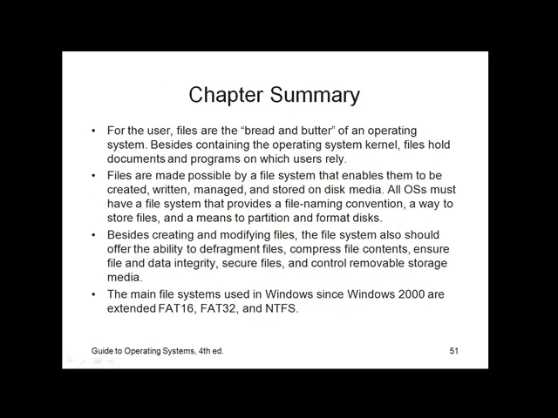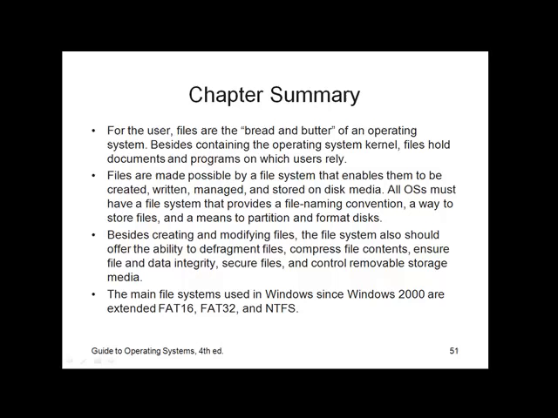Let's summarize. This is a long chapter, so let's go ahead and take this opportunity to summarize. For the user, files are the bread and butter of the operating system. This is what we use computers for, to store data, compute data, and computing data without a way to retain it is futile. So having a reliable, efficient way to retain data is very important. So besides containing the operating system kernel, files hold documents and programs, data as we refer to it, on which users rely upon. Files are made possible by a file system that enables them to be created, written, managed, and